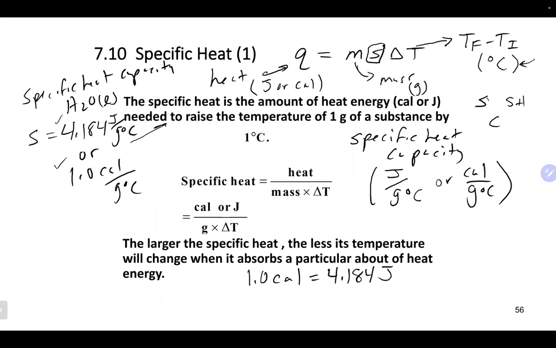The larger the specific heat capacity, do you have to put more energy in to change the temperature, or less energy? You need to put more energy in if you have a larger specific heat capacity. That's why something like water, which has a relatively high specific heat capacity of 4.184 joules per gram per degree Celsius, you got to throw in there 4.184 joules for every gram of water you want to change by 1 degree Celsius, which is why it takes an enormous amount of energy to change the water temperature of the ocean